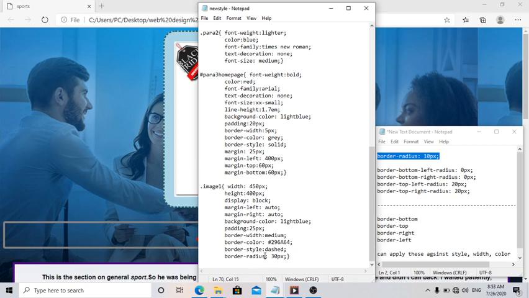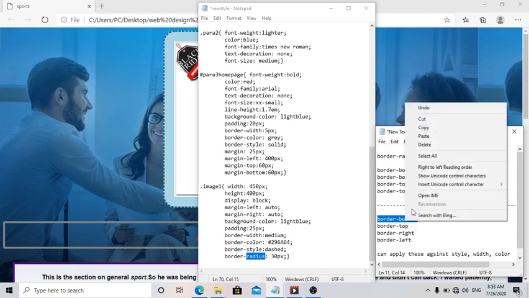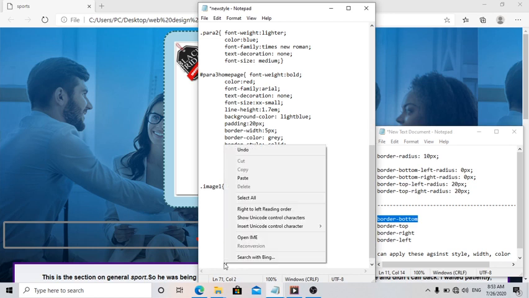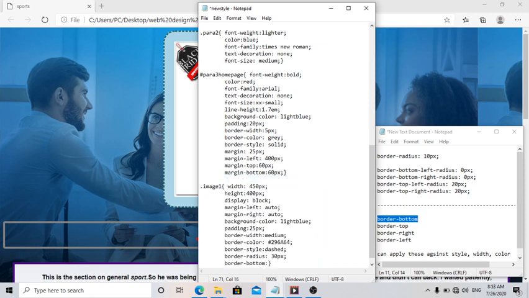So we'll just simply replace here with border bottom. Okay, so now we're removing. Okay, let's retain our radius, and we'll just simply copy and paste this border bottom. You copy this and just paste it down here. And we'll put our colon. Now before we put our colon, we put hyphen color. So we're going to be giving a different color to our border, and we'll just say red. Okay, you know that we use our hex code to specify dark green initially for our border, and now we're determining a different color for the bottom of our border, and we'll just save this